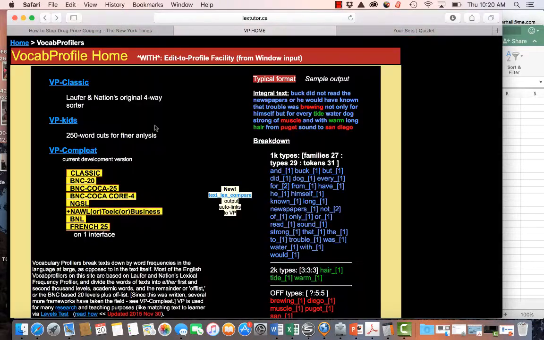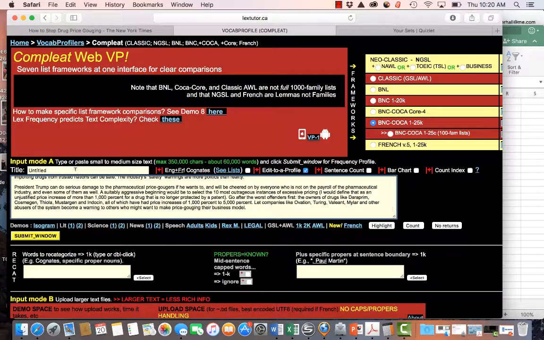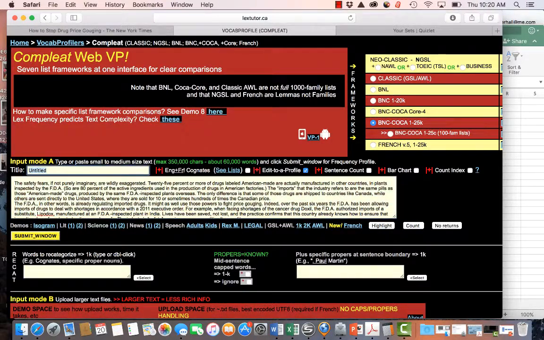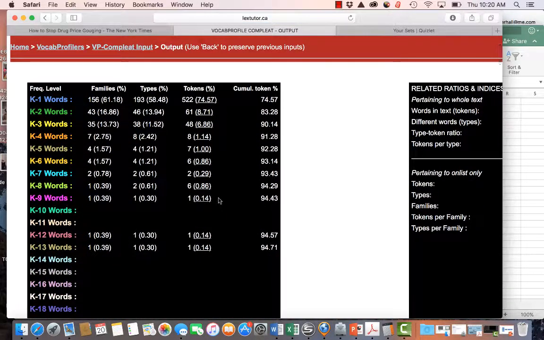One of the more advanced ones, the complete, is pretty darn useful because it doesn't restrict itself to simply the blue and green words. Okay. What you get are much broader range of statistics, and so you notice that, same as before, 74% was